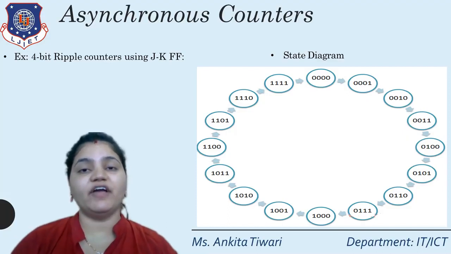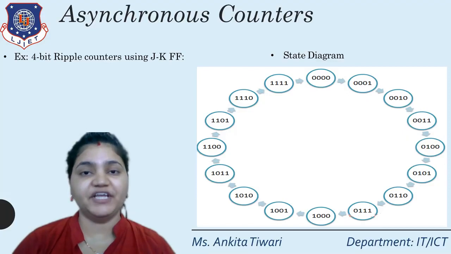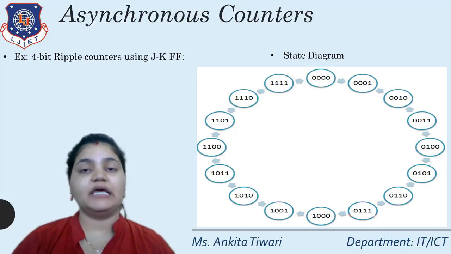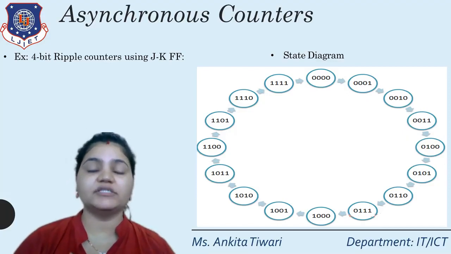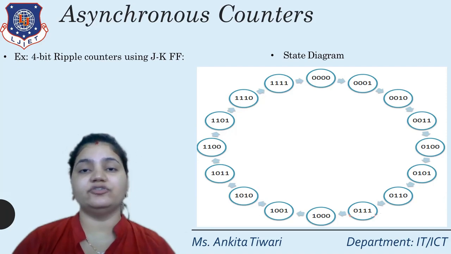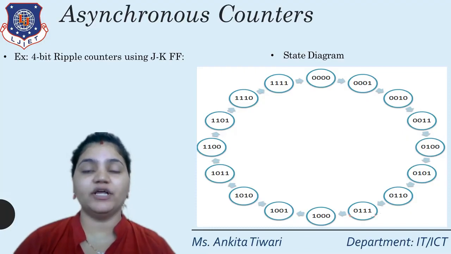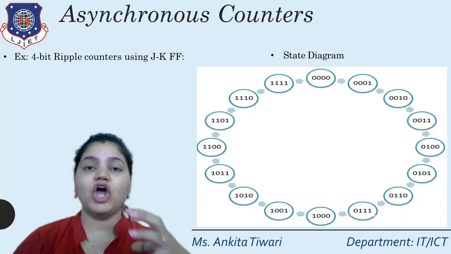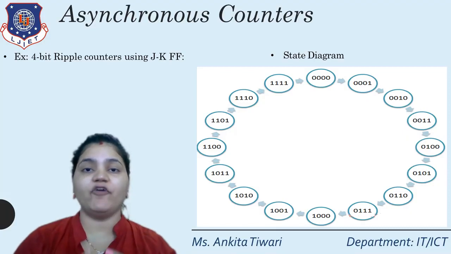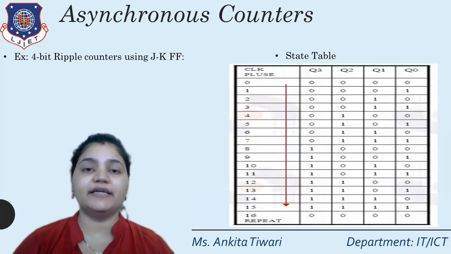And now if the value we have reached is 15, that is 1, 1, 1, 1, the next state will be, but of course, 0, 0, 0, 0, where we started the number. So this is the pictorial or circuitry representation of present and next in the form of a state diagram. Now with respect to this diagram, we need the next step, that is the state table.